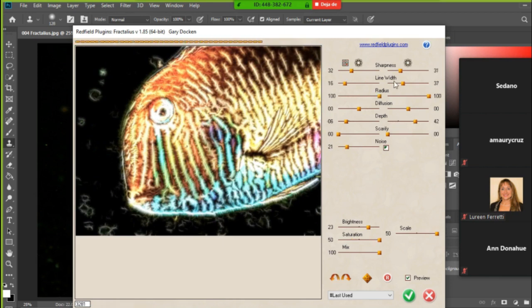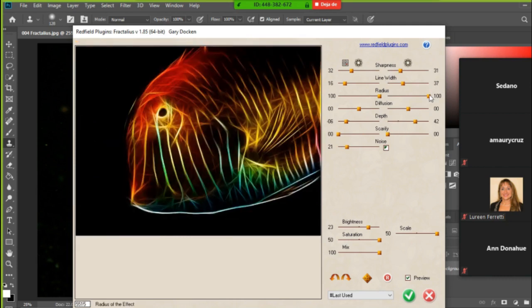This panel on the left is basically the same panel on the right. As you can see, sharpness, line width, radius, diffusion, all the tools have two sliders. The sliders on the left will modify the primary lines of your image, and the sliders on the right will modify the secondary lines. This means that this will affect the main lines, the big ones, the ones that are